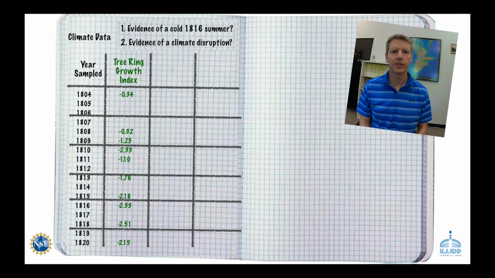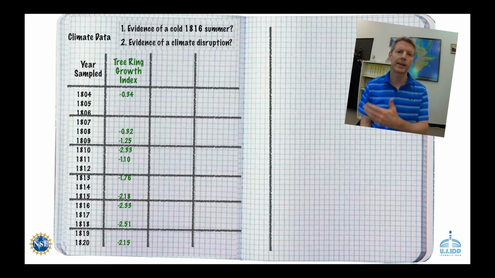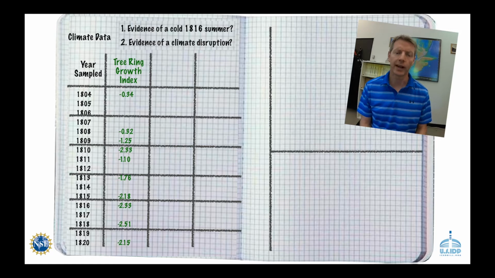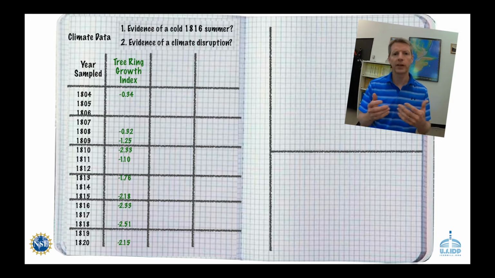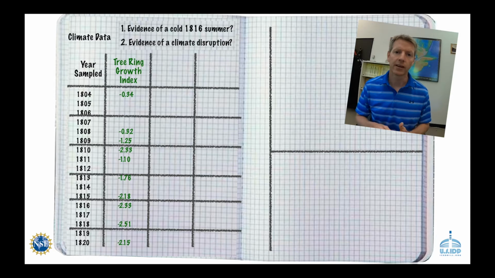So now that we have some data, we're going to plot it up on the right-hand side of the page. So using a ruler again, let's create a couple of axes, a vertical y-axis and a horizontal x-axis. And what we're going to do is plot the tree ring data down below the horizontal axis, because as you can see, all the tree ring data that we have are negative values. And then eventually what we're going to do is actually plot the ice core data in the same chart on the positive side of the y-axis.